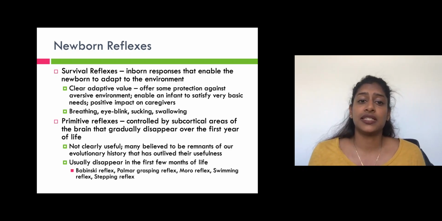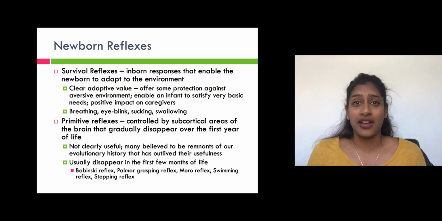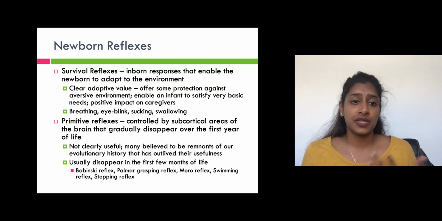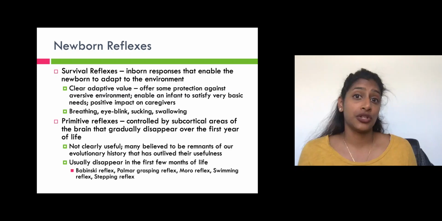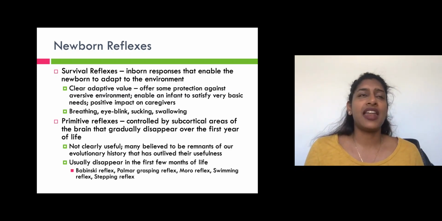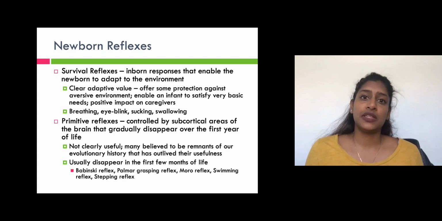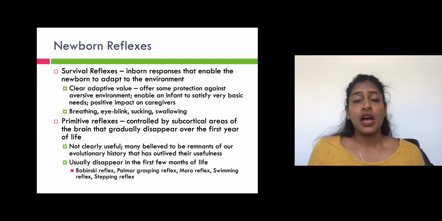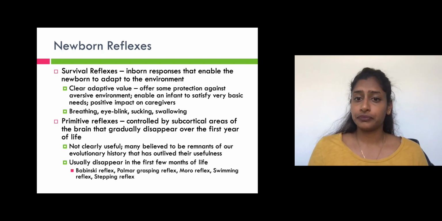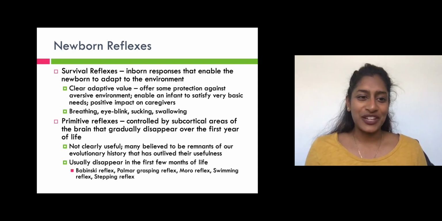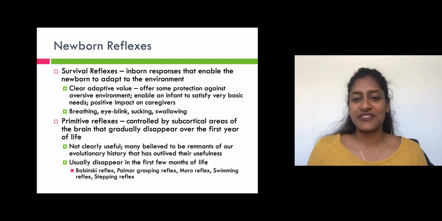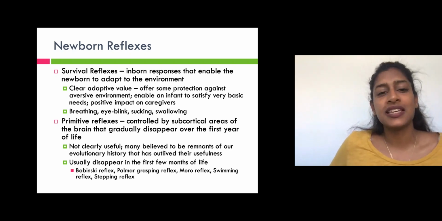Most of these will actually disappear within the first few months of life. In fact, if you have a child, they'll perform some of these reflexes. Your pediatrician will take a look at this. And then after a while, they'll check just to make sure they don't exist anymore. If you were to find some of these reflexes into later life, it could be indicative of some sort of neurological problem. So I have a couple of videos showing you a few of these different reflexes, but just